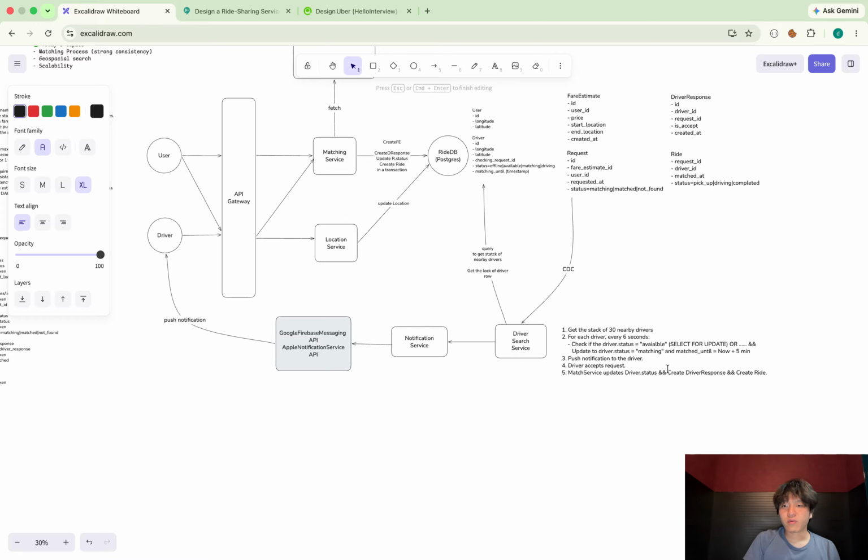There's no double matching here, because as I said, only this server works on the user, some user ID, let's say 1. So there isn't any other concurrent user who's looking for the match for driver user ID number 1. So as long as this driver search service sequentially sends a push notification to the driver,